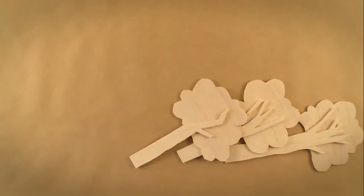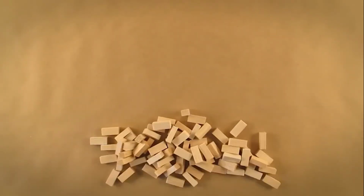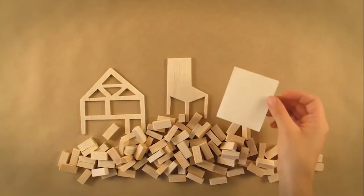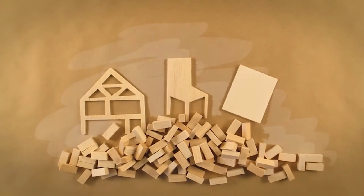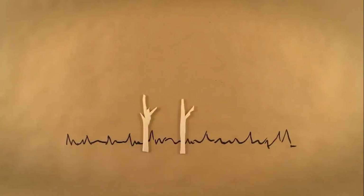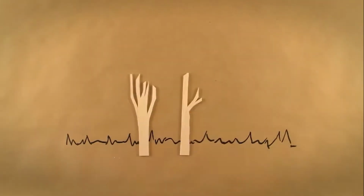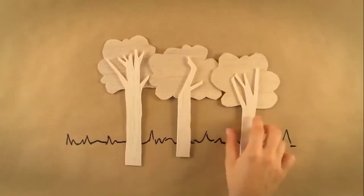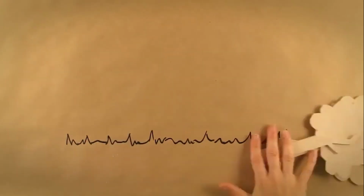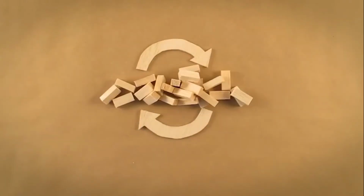Trees can be harvested for wood and made into products that we use every day, such as framing for our houses, furniture in our homes, and the paper we write on. For some great examples of renovation projects, buildings, and furniture made from responsibly sourced wood, search online for Planet Ark's campaign, Make It Wood. These trees can then be replaced through replanting seedlings or regenerating naturally from seed. Once these trees have matured over several decades, they too can be harvested, ensuring an ongoing supply of wood for